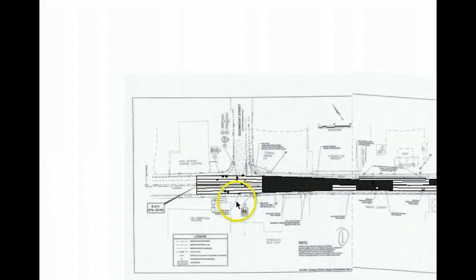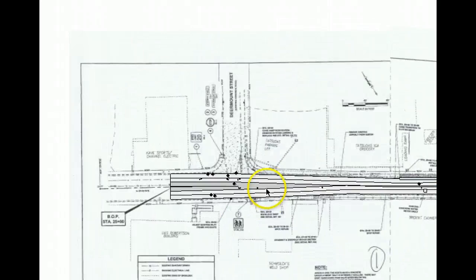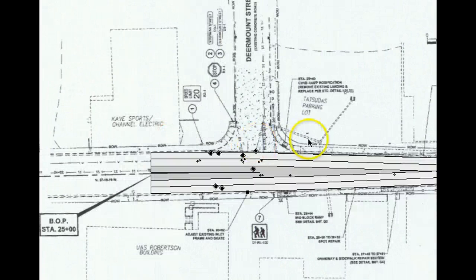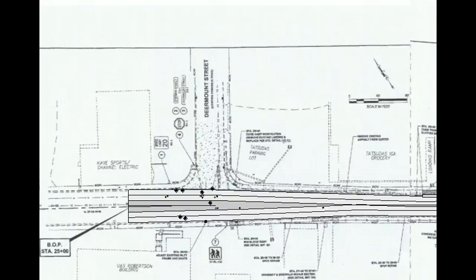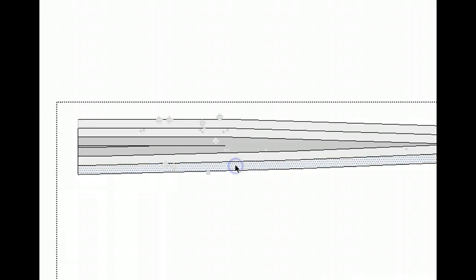Finished asphalt, and this is what I really wanted to show you. I have to hide this. But I offset the line 7 feet. All this is to the best scale that I can make it. I made these lines equal to the 40 feet that they were supposed to be. But this is what I wanted to show you as far as maybe an actual